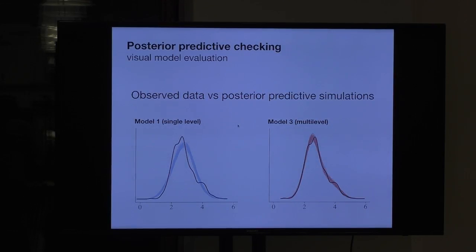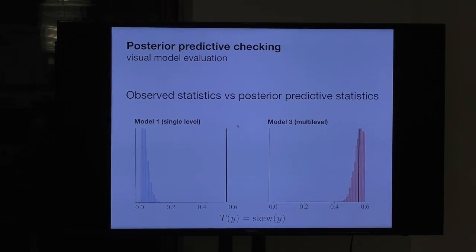We don't necessarily want to capture every little bit of noise here in the data, right? Which might be a sign of overfitting, but we want at least a decent fit to the data. Otherwise, why are we using this model? We can look at other things. For each of the